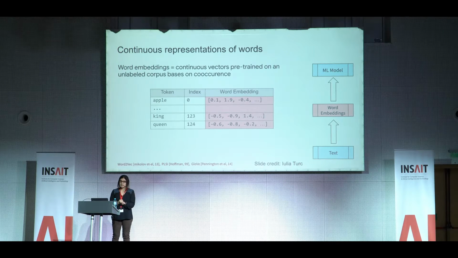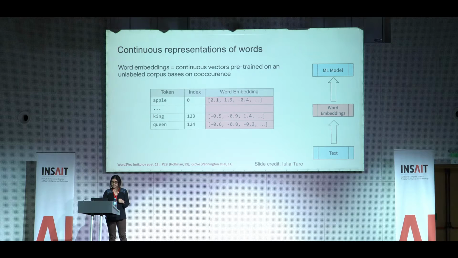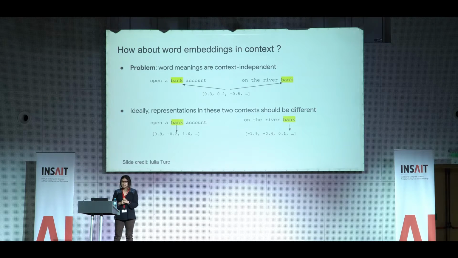And there was a lot of work on building vectors for words from large texts. And those vectors indicate similarity of words in different aspects, and they've been really useful so the models can start with some knowledge about the words. So that was about 8 to 10 years ago. So this is a big improvement. However,